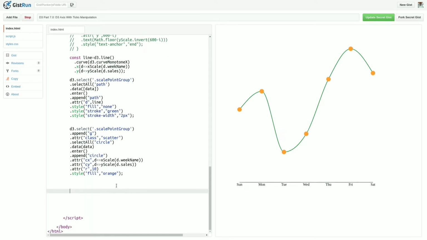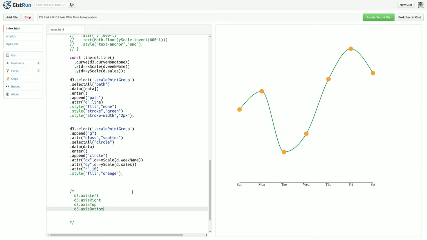Now I want to provide the basic idea about the axis. In D3 we have four types of axis available: d3.axisLeft for the left y-axis, axisRight for the right y-axis, axisTop for the top x-axis, and d3.axisBottom for the bottom x-axis.